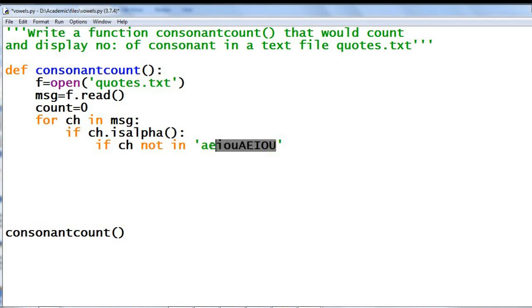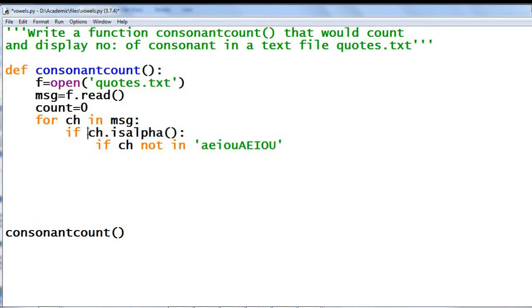Using the same vowel characters itself, we are going to count the consonants. That is, we are going to check the characters which are not vowels. But other than vowels it can be special characters also, like spaces, colon, hyphen, etc. Do we need to count those characters? No. Only the consonants. That is why I have given this check, if ch dot isalpha.